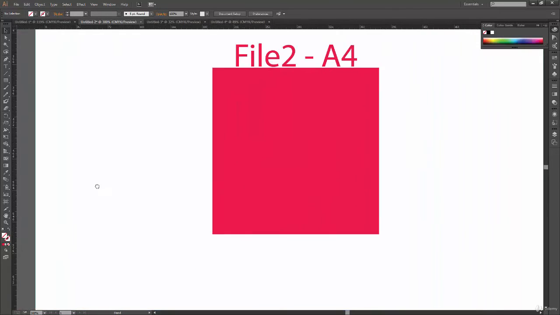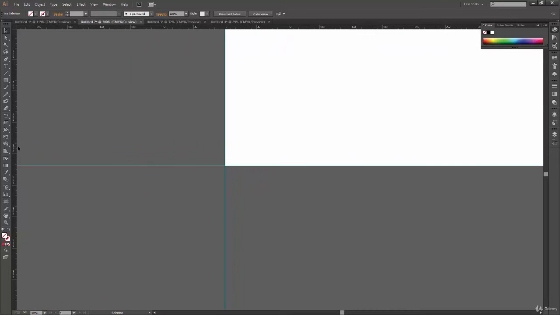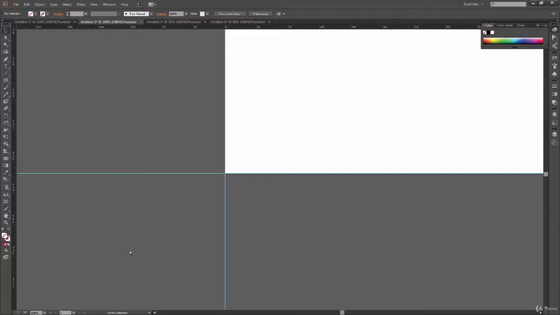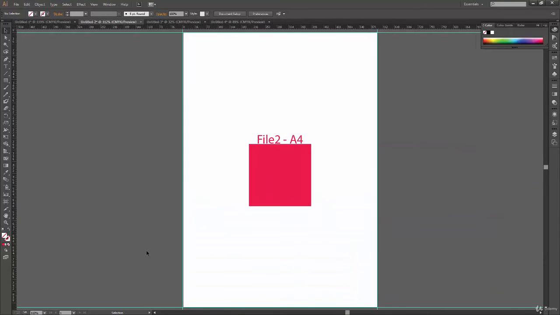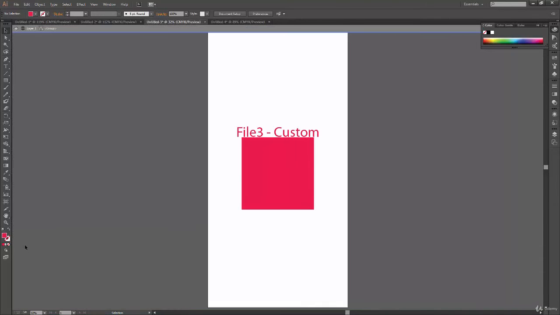Let's zoom in to see the unit here. 828, 9, 10. It's almost 830. So that's how we can see the sizes of our documents, what size we are working on. When you are going to print this document, it will come in handy to know what size you have and what paper you are going to print it on. It will help you make better calculations of your total prints.